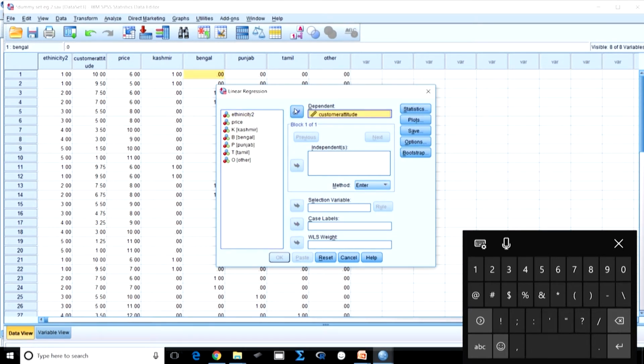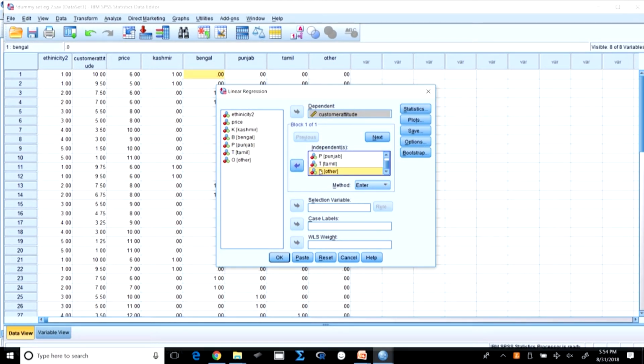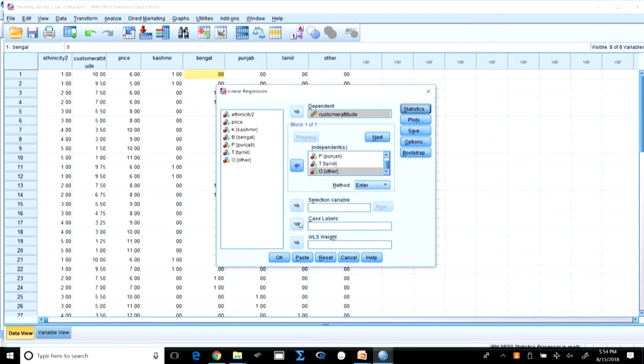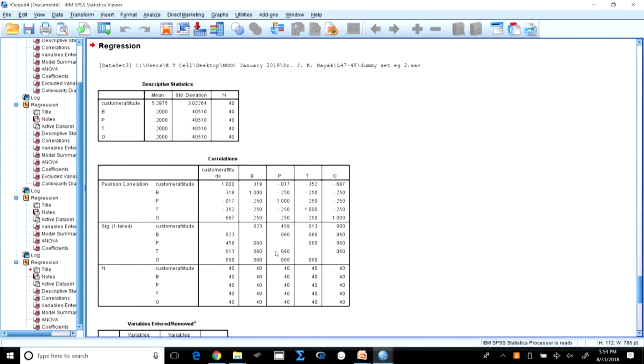My customer attitude is my dependent variable, and I am taking Kashmir as my reference group. So, I am leaving it and taking Punjabi, Tamil, others as my independent variables. Now, statistics, I just want to see the descriptives and the R square, that is all, I just need to check the model.